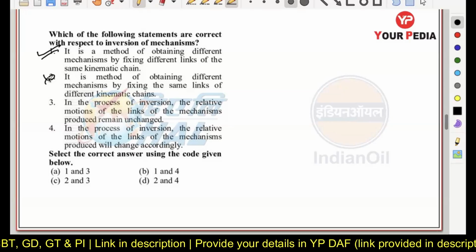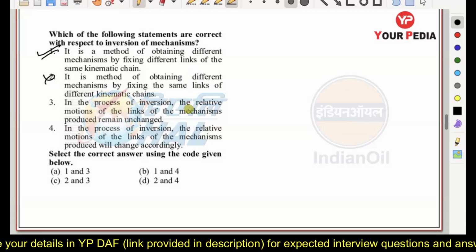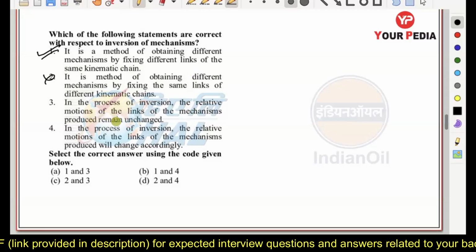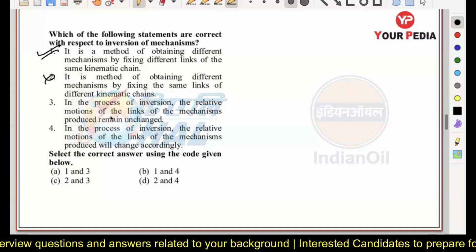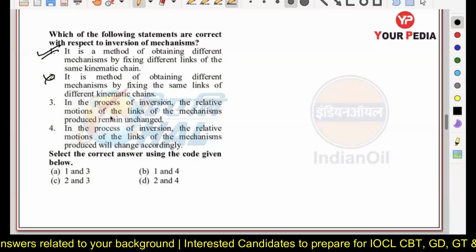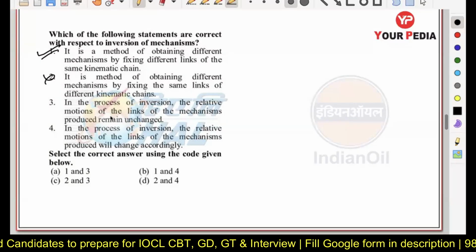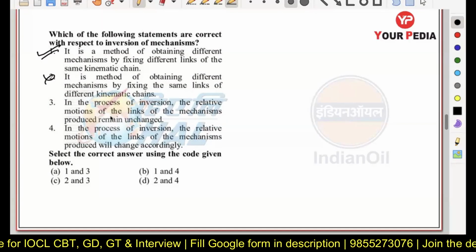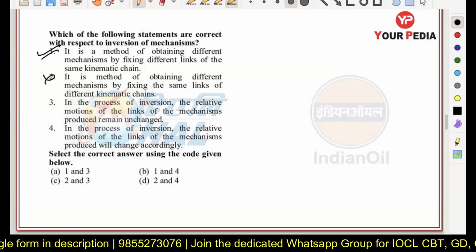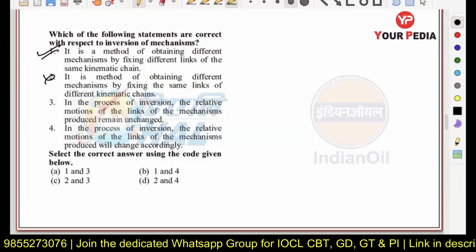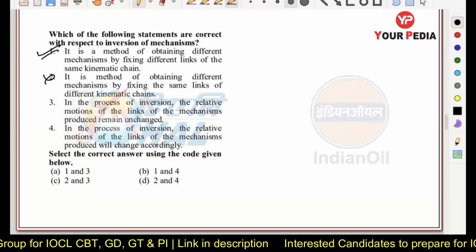Next part. In the process of inversion, the relative motion of the links of the mechanism produced remain unchanged. In the process of inversion, the relative motion of the links of the mechanism produced will change accordingly. Just see, 1 and 3. Yes, in the case of inversions, always remember the relative motion remains same,